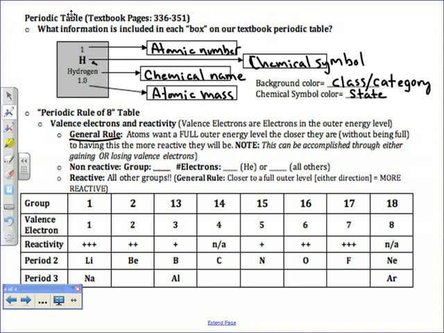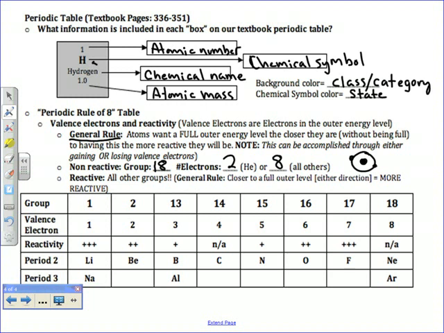So the non-reactive group is the far right group, which is group number 18. And this one is pretty easy because nearly all of the elements in this group have full valence electrons, and they follow the rule of 8, or the octet rule. So right here we'll put 8. Helium has 2, but it has a full outer energy level. So we'll put, this is an atom, there's 2 electrons, and then here's the protons and the neutrons in a